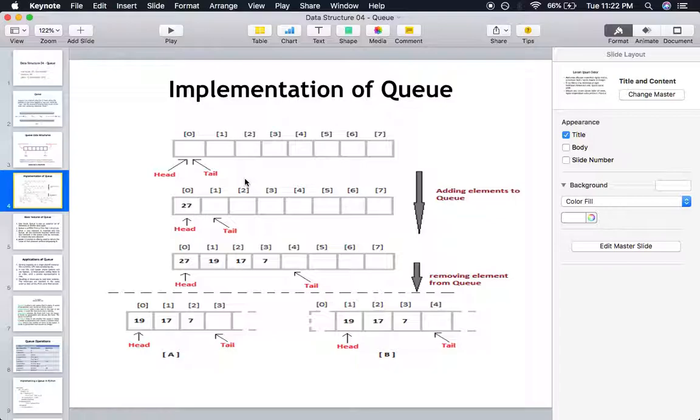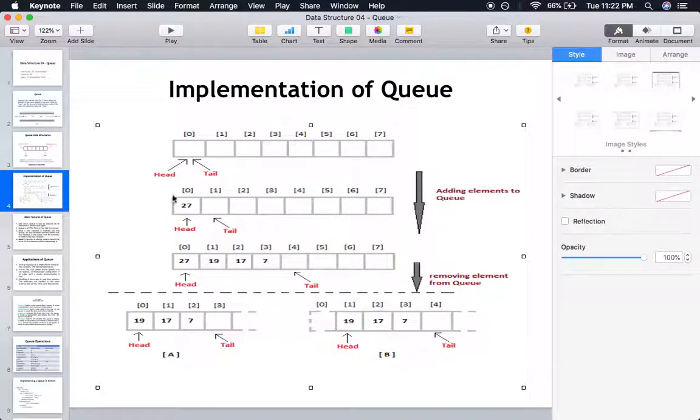First of all, when a queue is empty, the head and the tail, or you can call them the front and the rear of the queue, are the same. Both of these pointers are pointing to the same location of a list or an array, because you can implement a queue with a list or an array, it's up to you. And when an element is inserted, means you perform an NQ operation,